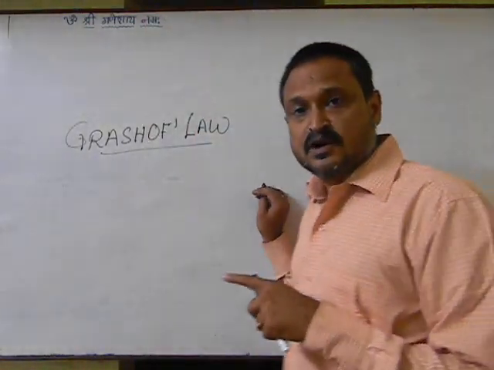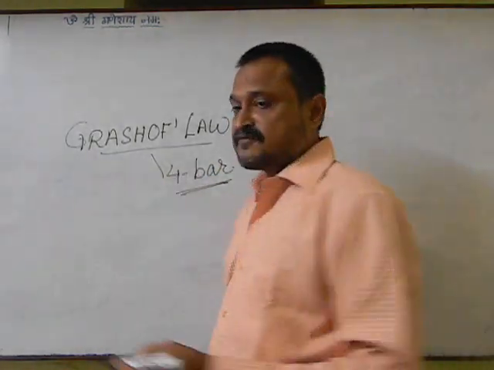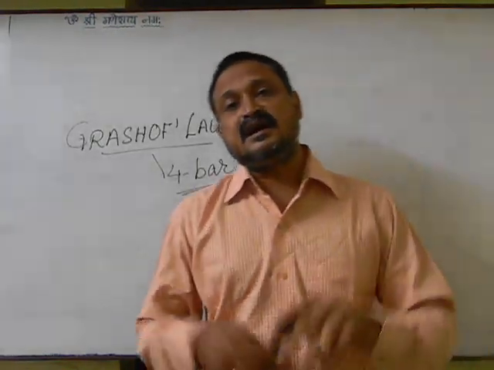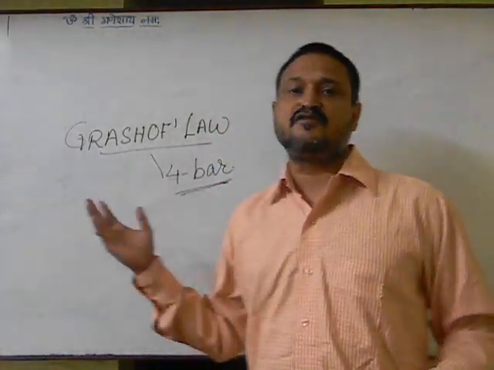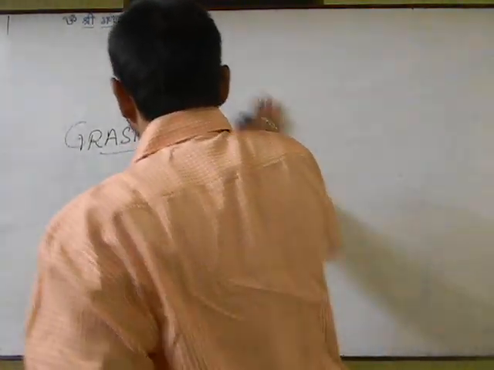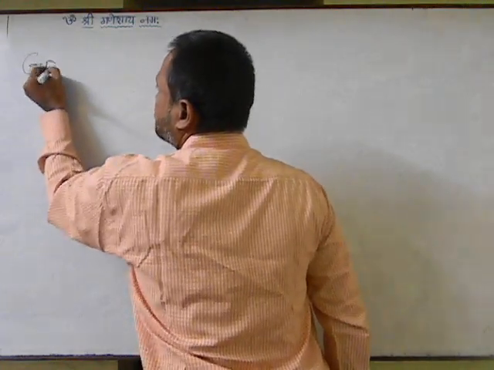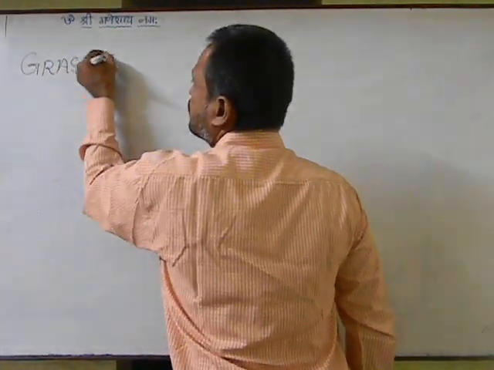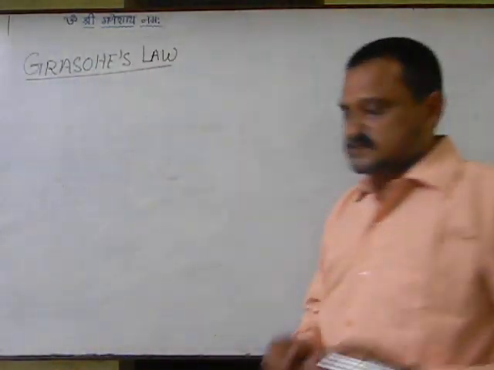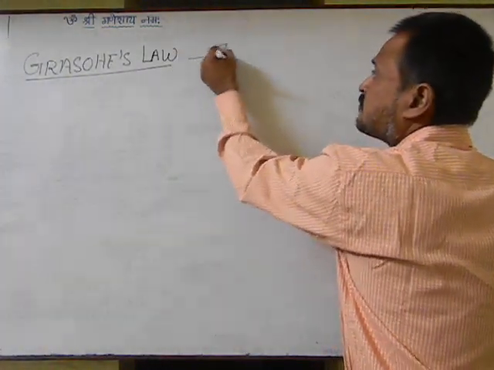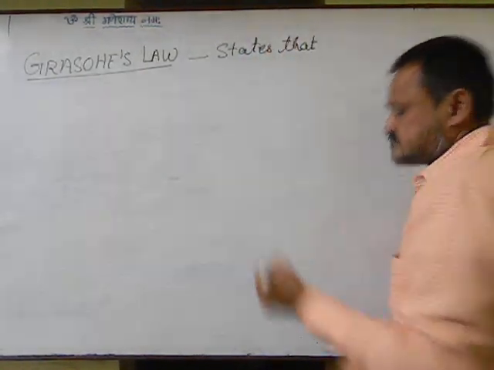Now this Grashof's law is applicable to 4 bar chains only, right? The reason is the 4 bar chain is the basic chain. All the other extensions of a linkage or a mechanism are extensions of a 4 bar chain. So what does Grashof's law suggest? The Grashof's law states